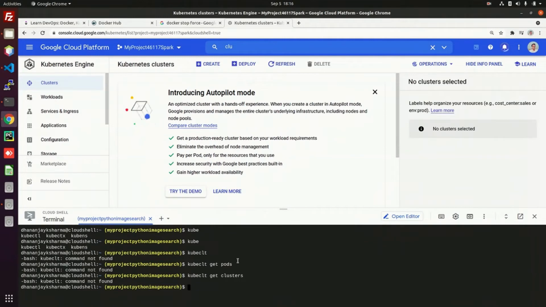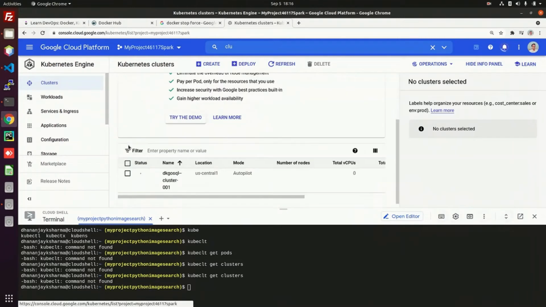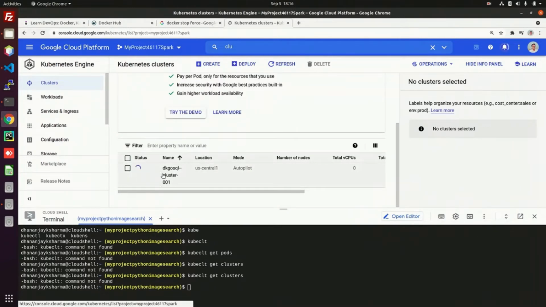As the cluster creation is in progress, I am not able to see the cluster details here.